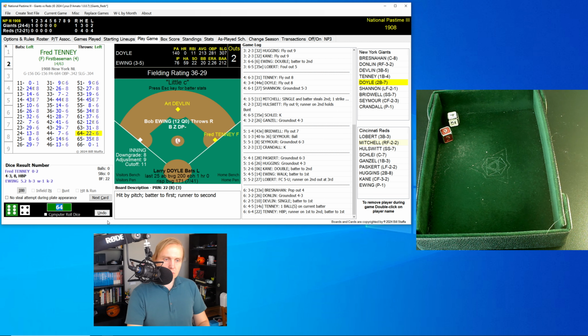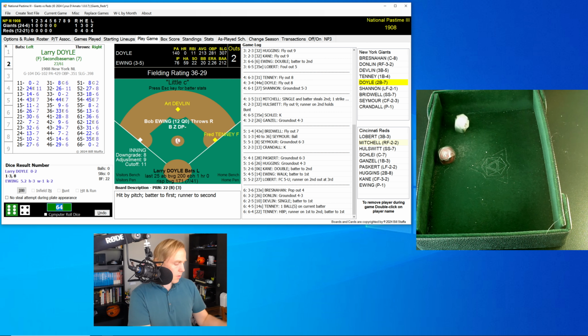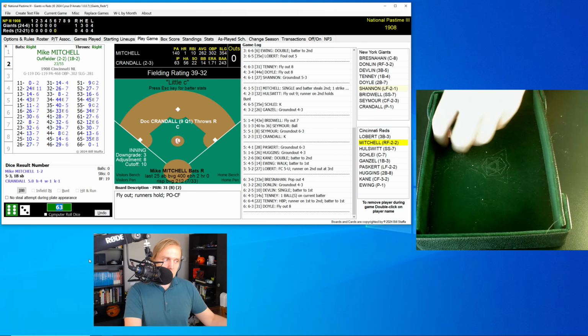Next roll is a 64 for a 22, and Tenney is hit by the pitch, and that'll bring up Larry Doyle. So runners on at first and second, top of the 6th, 2 out, and the Giants are potentially threatening. Let's see what happens. And Doyle rolls a 63 for the 31. It's a fly ball over to Kane in center field for the out, and we'll go to the bottom of